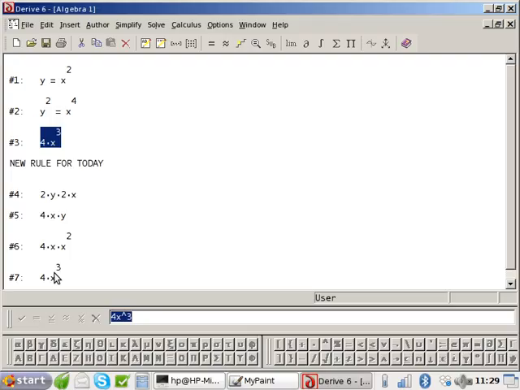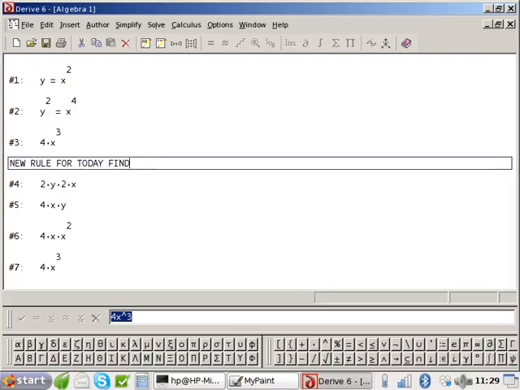Okay. So you're happy with this? y equals x squared, y squared equals x to the fourth. The derivative of y squared is 4x cubed. Okay. So my new rule says if I want to differentiate y squared, so that's find